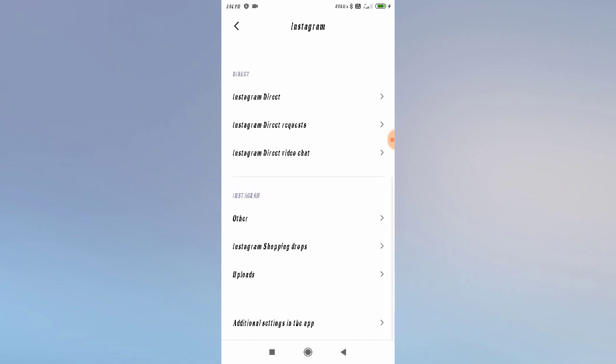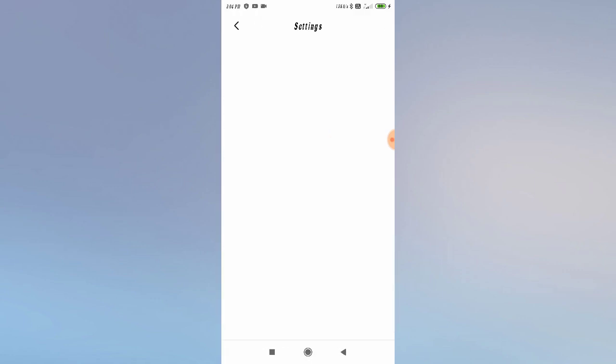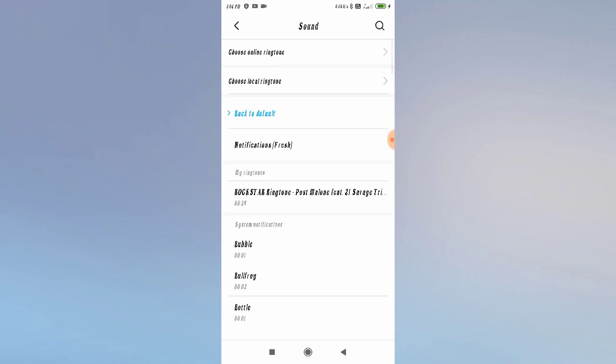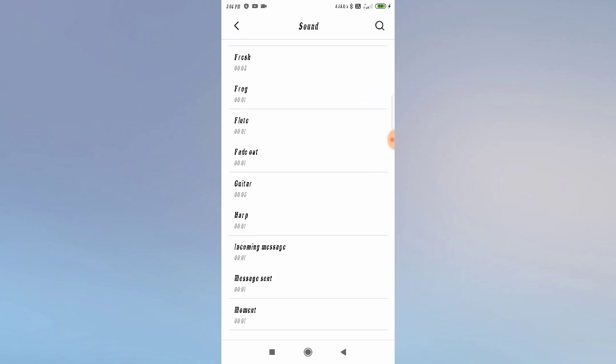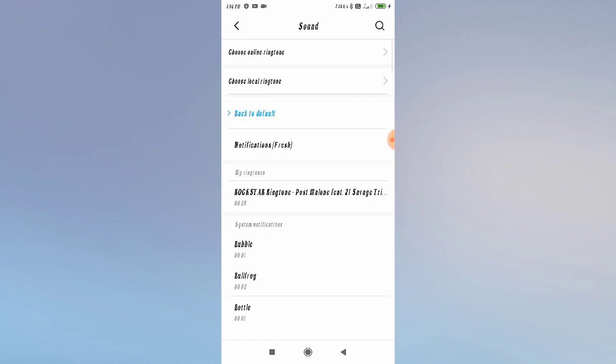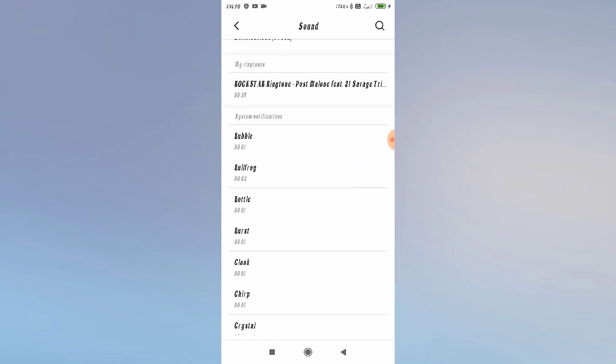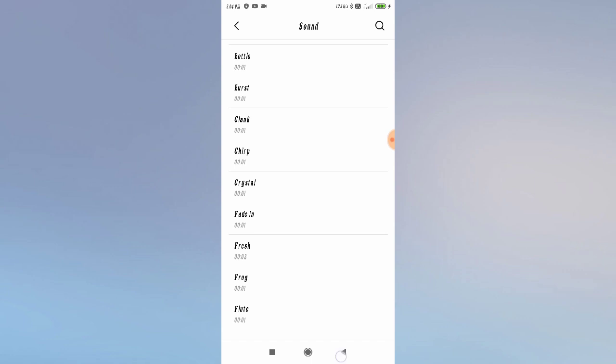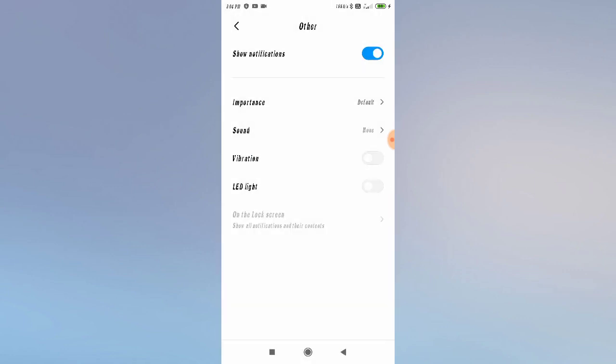Okay, or if you want to change default notification sound for live option or any of the default notification sound of your Instagram, then you have to go to the others. Okay, go to the others option and then click on the sound option. Okay, after clicking on sound option you have to do the same process, and you will be able to change the sound from here. Okay, so if you want to change your sound, then you have to choose any of the sound from here, and after that your setting will be done.